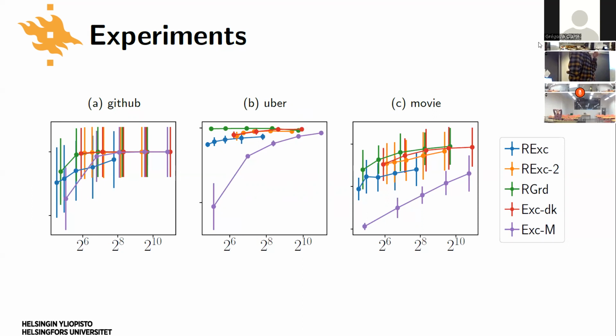So the algorithm that we run was the blue, and then the orange are algorithm. This RExc is the streaming version. X2 is kind of like a variant of the streaming version, where we just run two parallel algorithms and then just combine the solutions. Then our greedy is the one that I just talked about, and then the red and purple are the baselines that we used to compare. The x-axis is the coreset size, and the y-axis is the performance. So it's F essentially normalized, although you don't see the scale, so the normalization doesn't matter here.